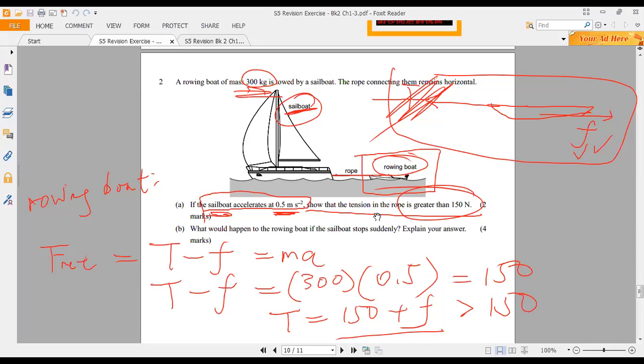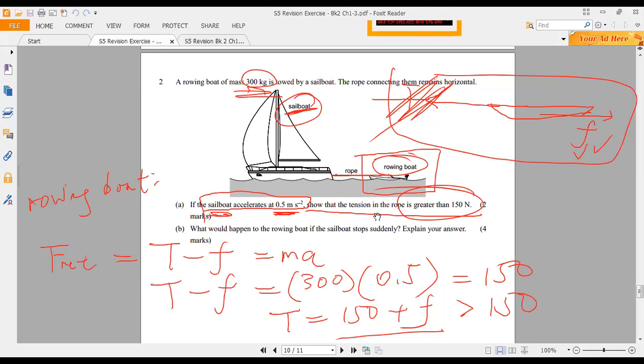If the resistance is not large enough, the rolling boat may just hit the sailboat at the end. But if the water resistance is big enough and the rolling boat is originally moving slowly, it would just stop eventually in front of the sailboat. There were two cases, two possibilities, depending on the original speed of the rolling boat and also depending on the value of the water resistance. Two factors affecting the result. Okay,